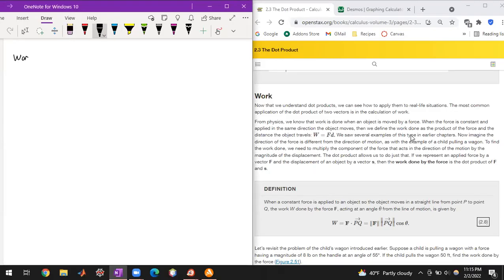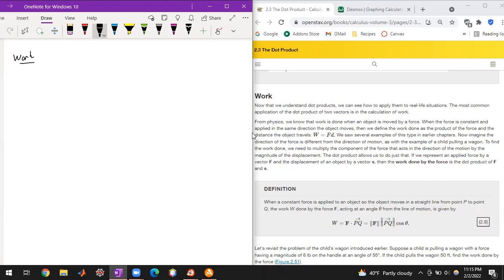All right, so let's tackle our last topic. Now that we understand dot products, we can see how to apply them to real-life situations. The most common application of the dot product of two vectors is in the calculation of work. So from physics, we know that work is done when an object is moved by a force. When the force is constant and applied in the same direction the object moves, we define the work done as